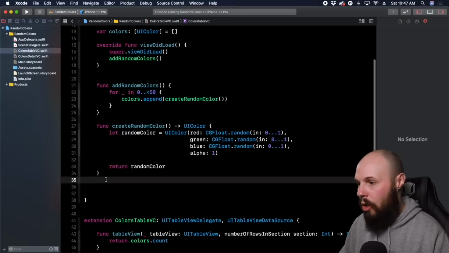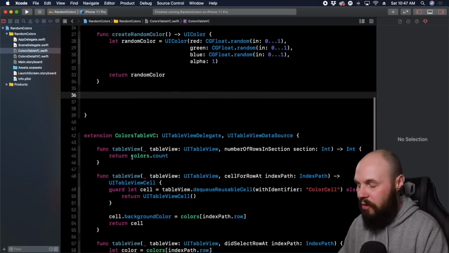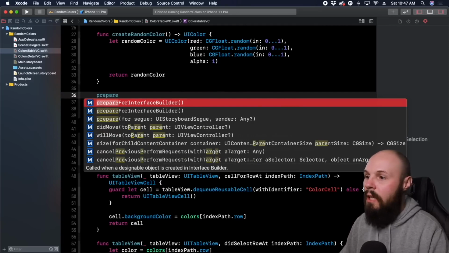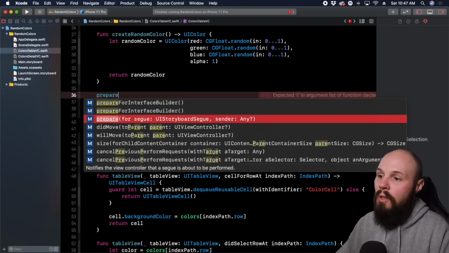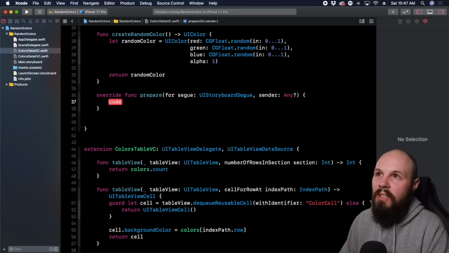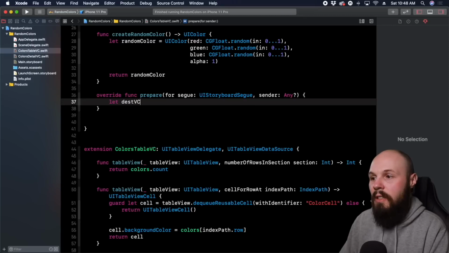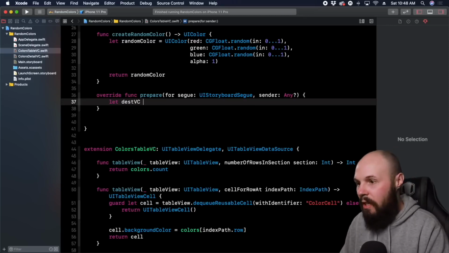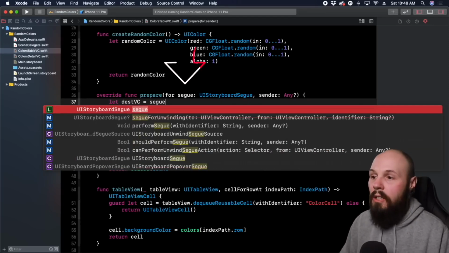Is a function called prepare for segue. So if you start typing prepare, this is already built in, and you can see we get it down here. Prepare for segue. And here we need to designate our destination. So I always call this dest VC for destination VC. So let dest VC, again short for destination VC, equals, and you can do segue because we have this being